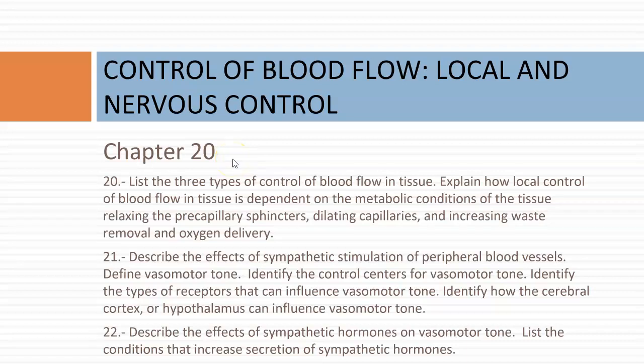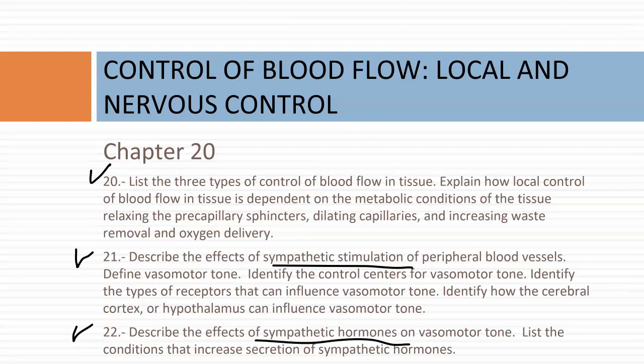This next video is going to look at control of blood flow and the three different mechanisms of control. The first mechanism is local control. This type of mechanism serves localized tissue and increases blood flow to the tissue area when the tissue becomes more active. The second mechanism involves the nervous system via sympathetic stimulation of peripheral blood vessels. The third mechanism